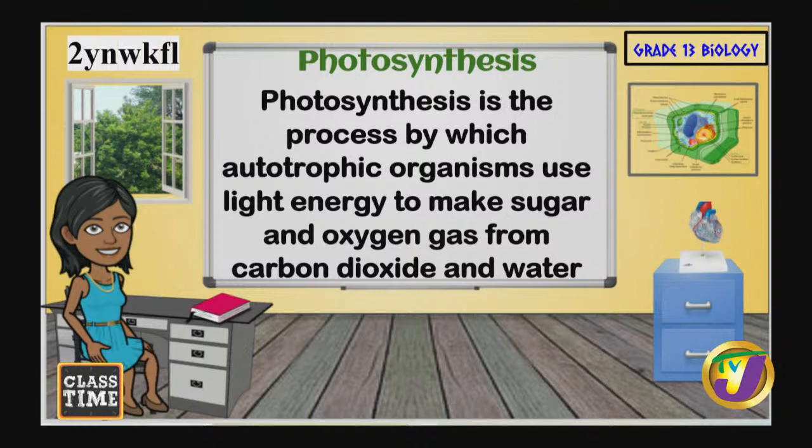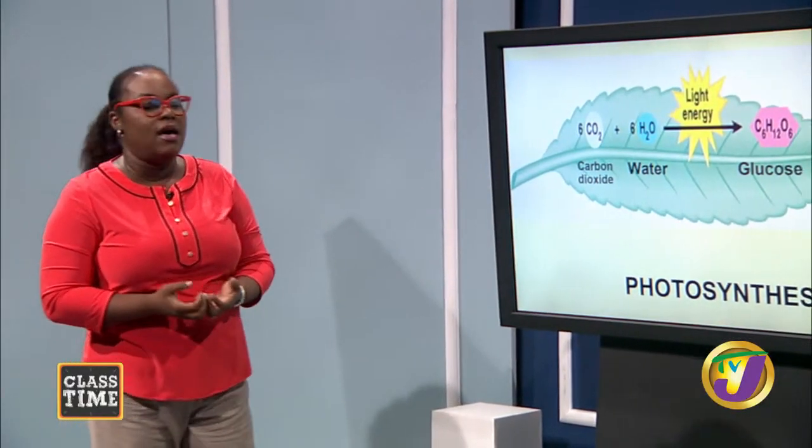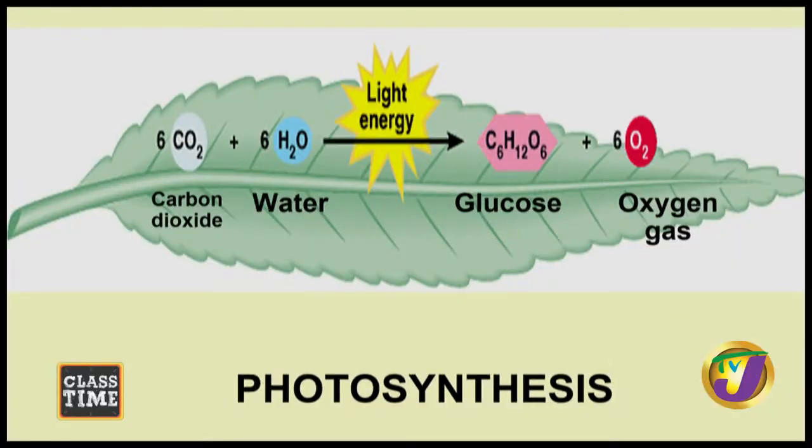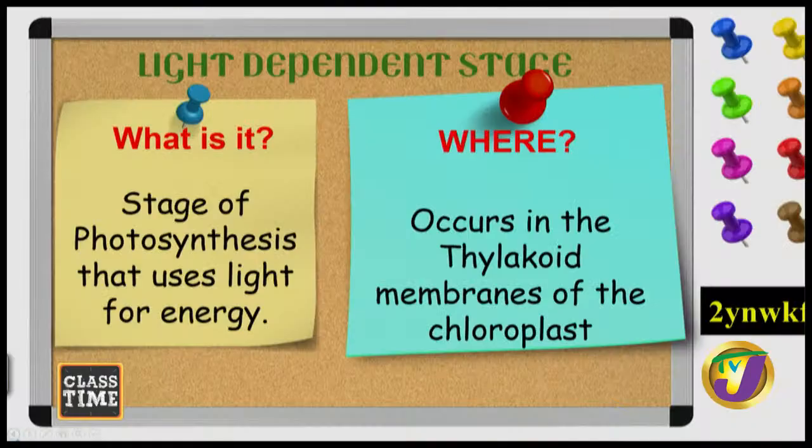And typically, from back in CSEC days, this is the equation that you would use where you have 6 carbon dioxide molecules adding to 6 molecules of water, and in the presence of sunlight and chlorophyll produces glucose and oxygen gas. However, this equation could not be further from the truth of what really happens with photosynthesis in a typical plant. Because actually, there's no time during the process where carbon dioxide and water ever meet. Okay? So what happens is